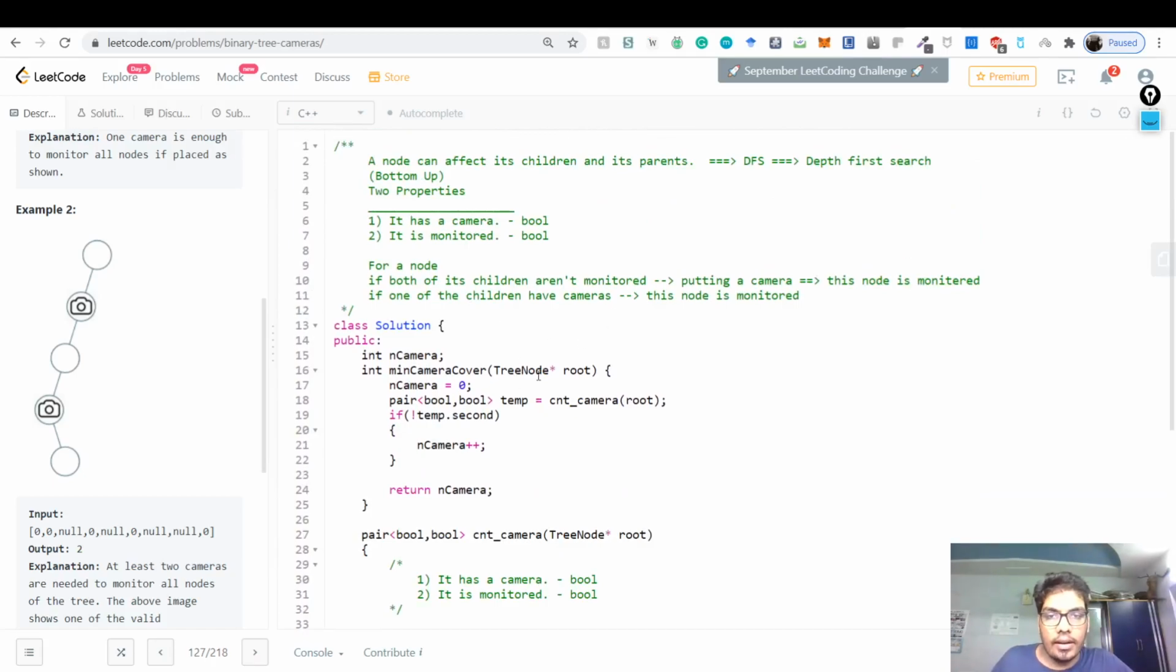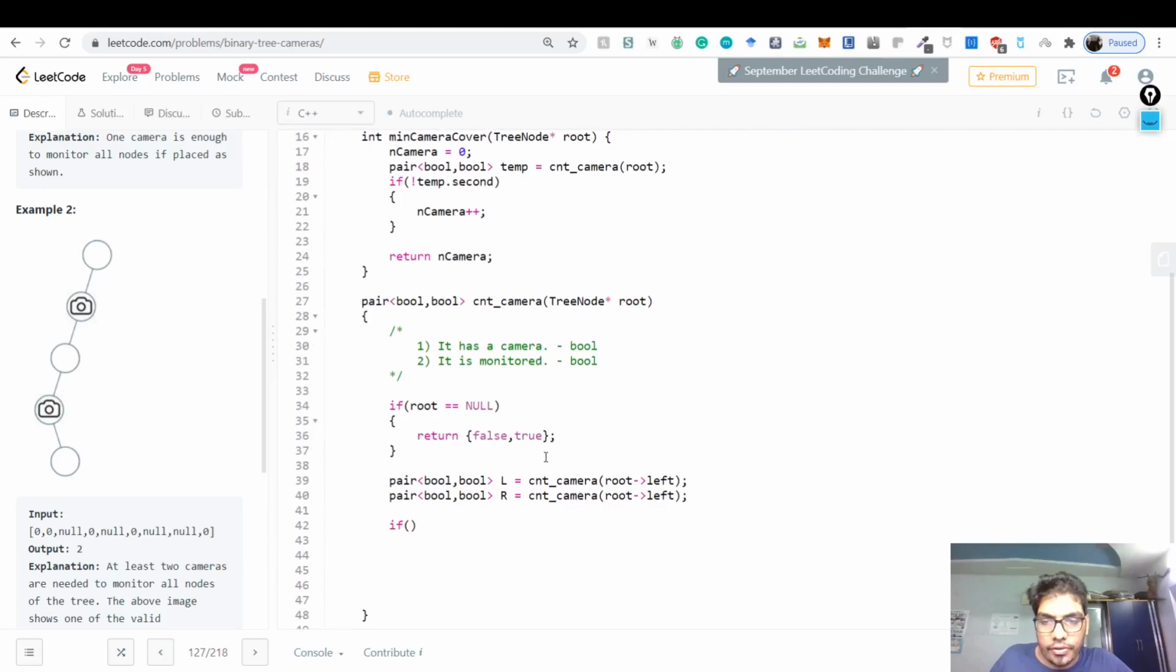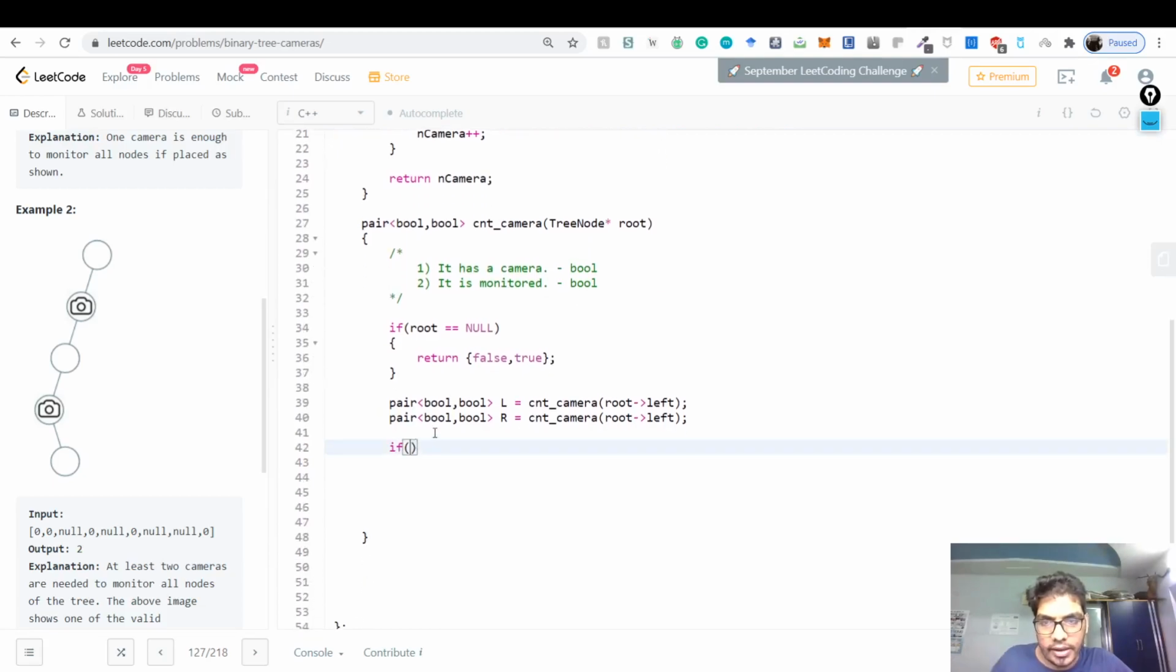If one of the children has a camera, then the node is monitored. Let's check that. So if one of the kids has a camera, how do you see that? This is the left child, so you just say if left dot first, so this has a camera, or right dot first is true, or both, whatever. Both will actually not be true in an optimal setup, but if one of them is true, it might also be. So if one of them is true, what you do is you just say, okay,